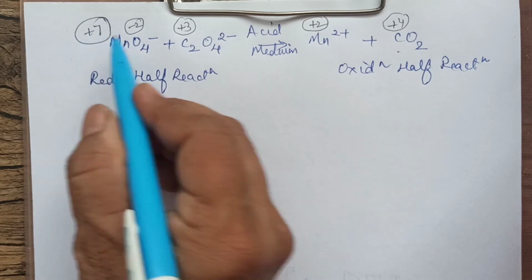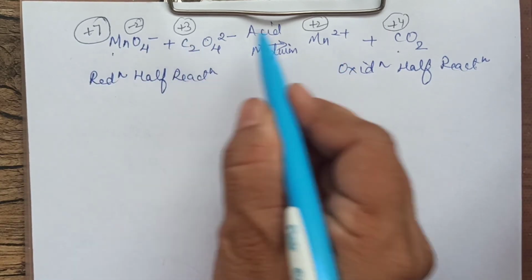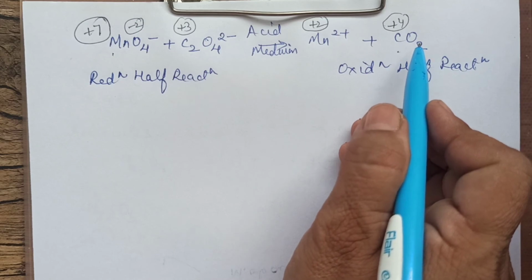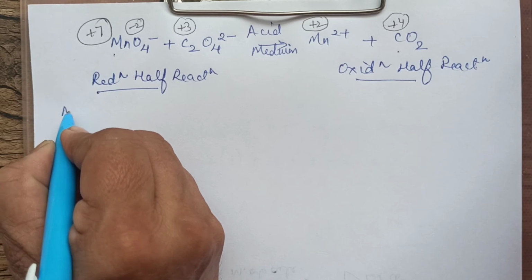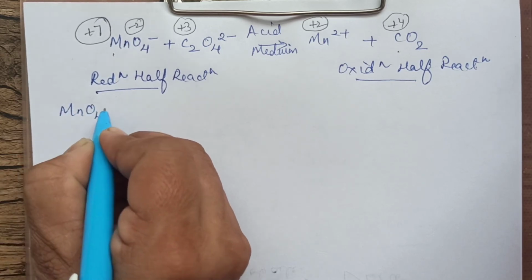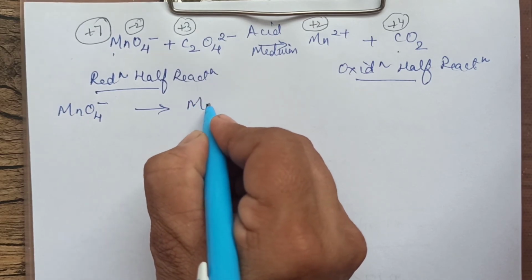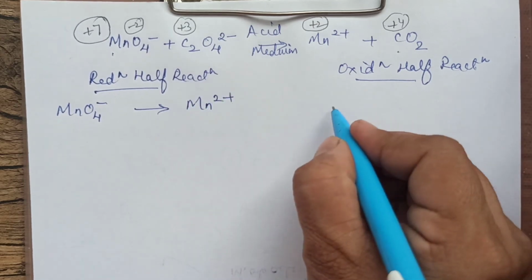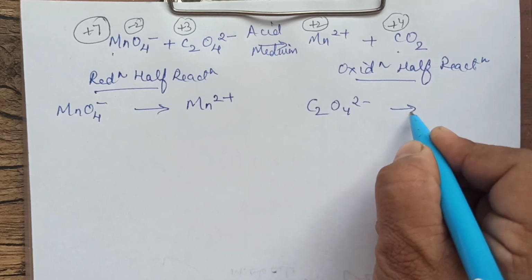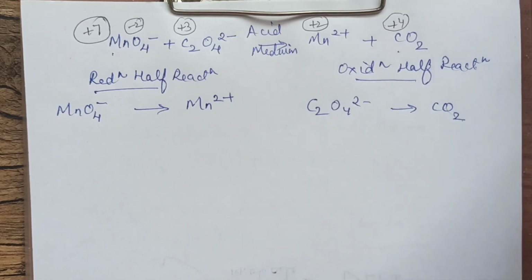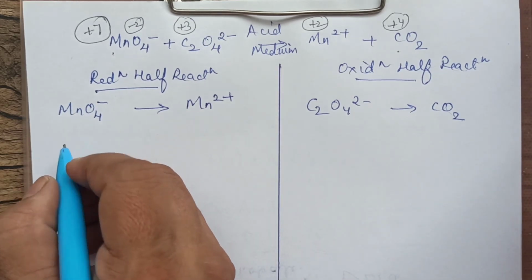Okay, what is reduction? Mn from 7 is becoming 2, so Mn is undergoing reduction. Carbon from 3 is becoming 4, so that is undergoing oxidation. So we will note down these species. Reduction half: you will copy the whole thing, not only that element. So MnO4 minus is forming Mn2 plus. And here you have C2O4 2 minus forming carbon dioxide. Okay, so you will draw a line, divide them into two halves and then you will start with it.